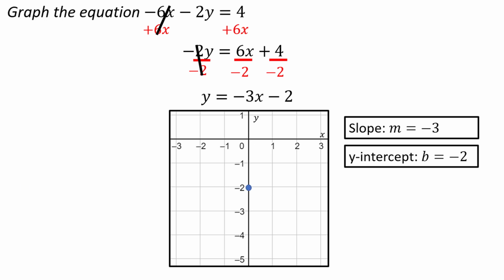We can plot (0, negative 2) onto our graph. We can think of the slope of negative 3 as negative 3 over 1, and use the idea that slope is equal to rise over run to graph the line. Starting at (0, negative 2), we can rise negative 3 units, which means decrease by 3 units, and then run by 1 unit, meaning move 1 unit to the right, to find a second point on the line, which is (1, negative 5). Now we can draw the line through the 2 points to complete our problem.